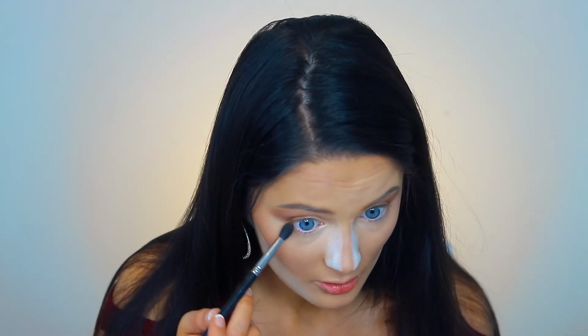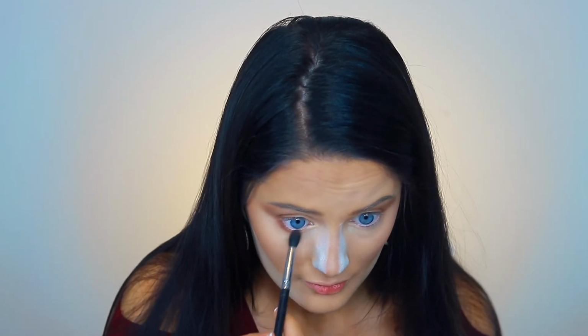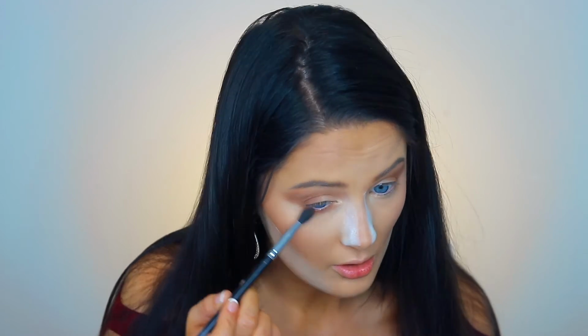Alright, now I'm just going to be taking the same brush and picking up the color Mousse. I'm just going to work this on my lower lash line. I've been using a more fluffy brush for this lately just because I feel like it helps it look more or less natural. Now I'm just going to be picking up the color Angel, which is my favorite color in